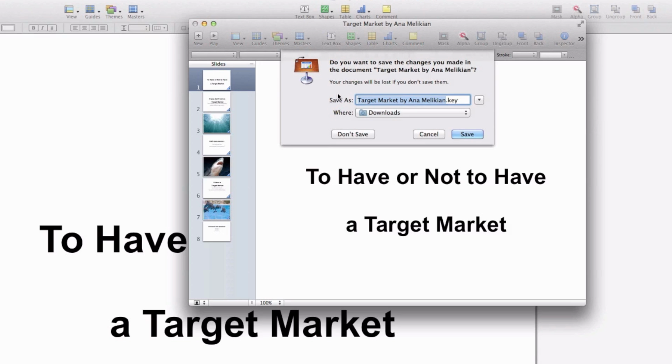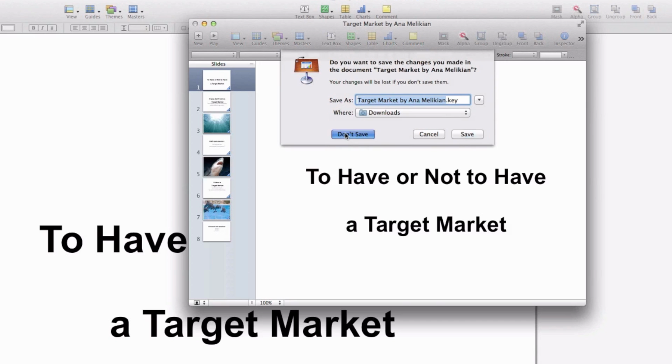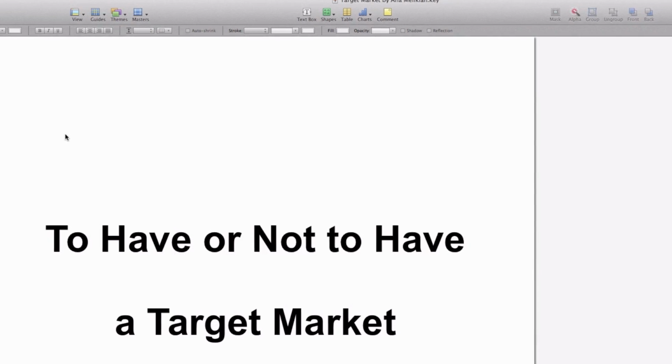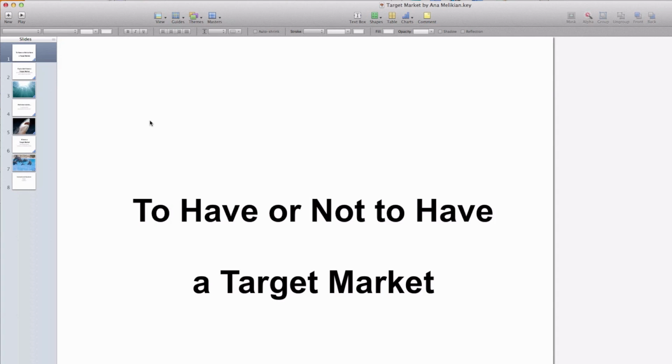And once I have that, when I'm converting from one format to another, I should always check if there were any changes in formatting. It's always good to check. But if everything looks good, or if I have to adjust something, then the great thing about Keynote is